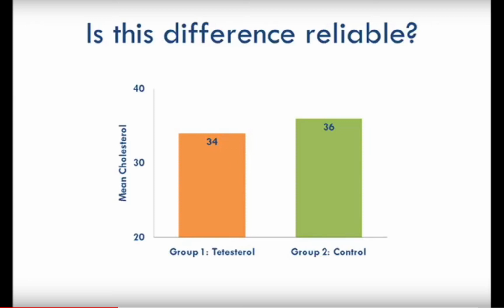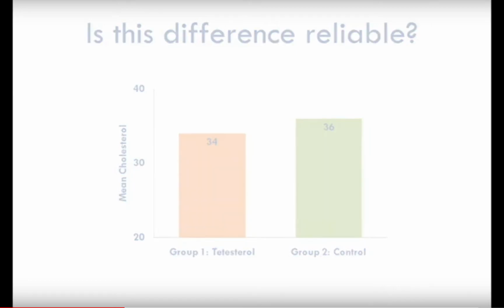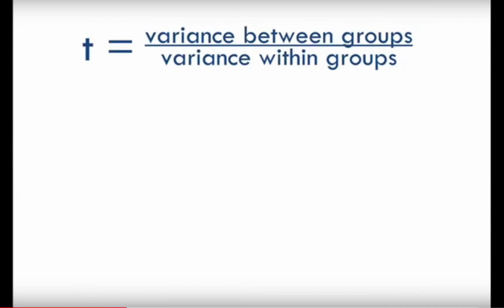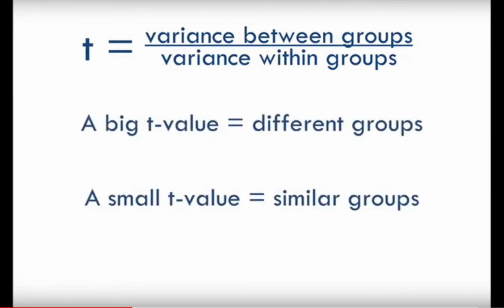How does it work? Well, I won't go into the full formula, but basically it measures the difference between the groups and compares it to the difference within the groups. The t-value is just a ratio of these two numbers, variance between groups over variance within groups. A t-value of 3 means your two groups are about 3 times as different from each other as they are